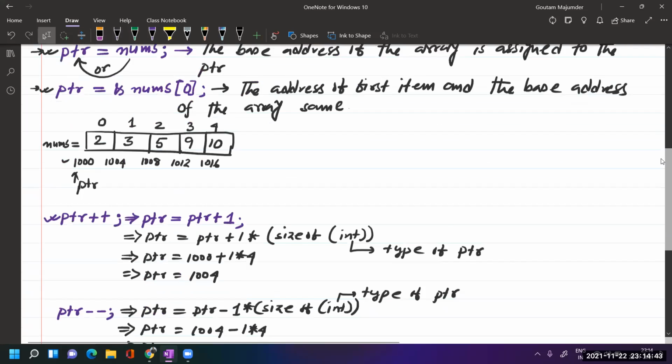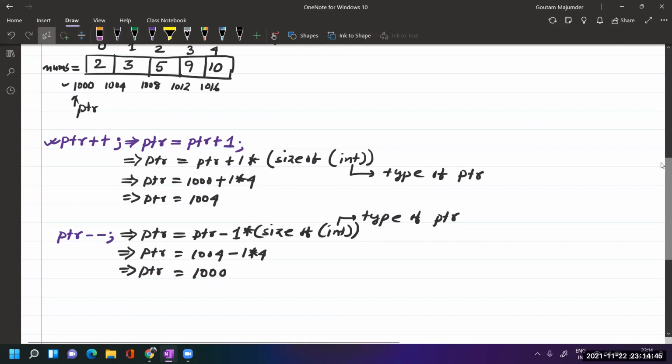That's why it is very easy to explain and understand pointer arithmetic with an array. Why? Because we have a sequence of blocks. With one variable, it is not possible to discuss. That's why I have taken a 1D array. Correct?